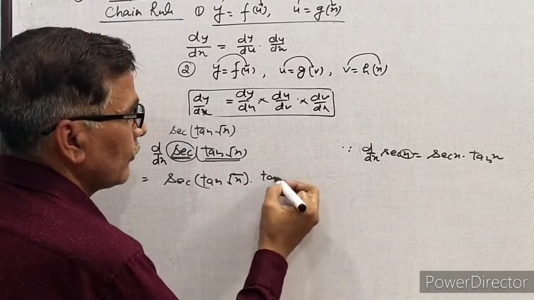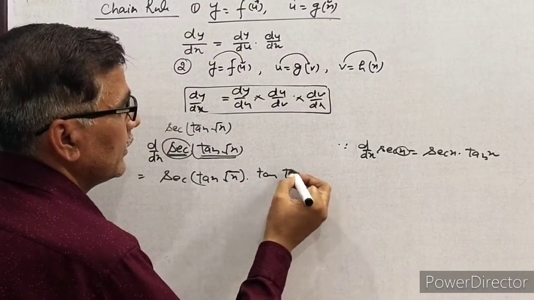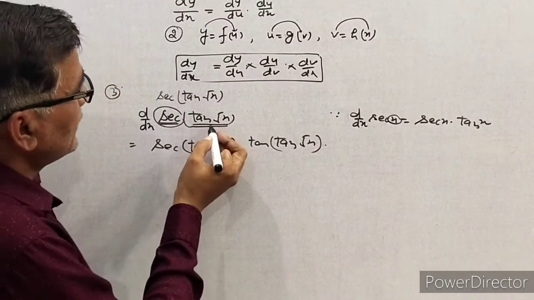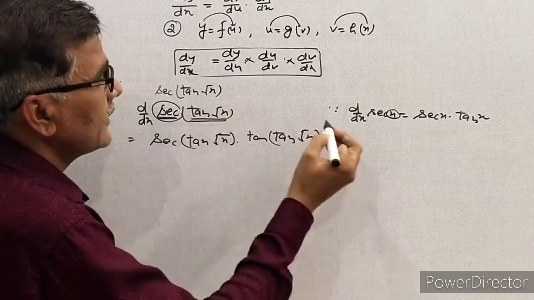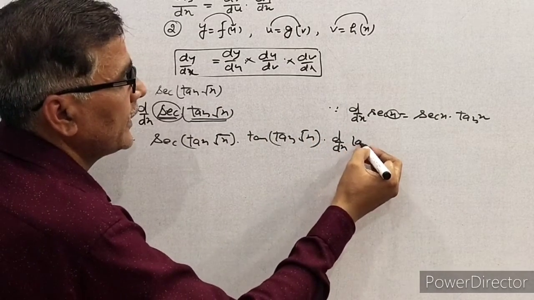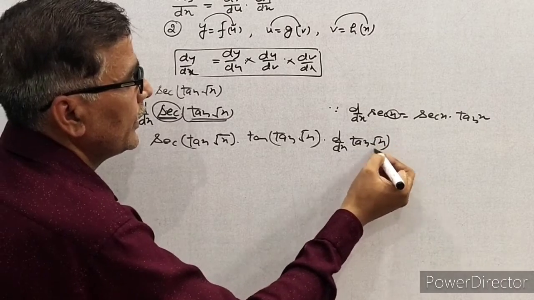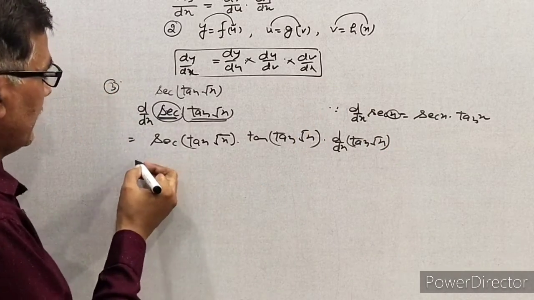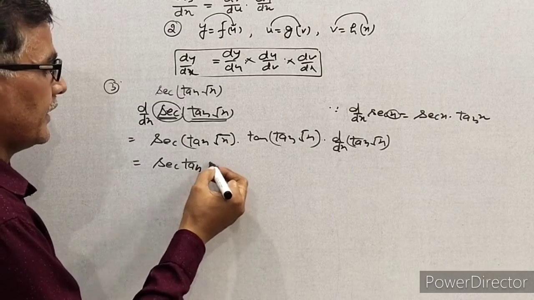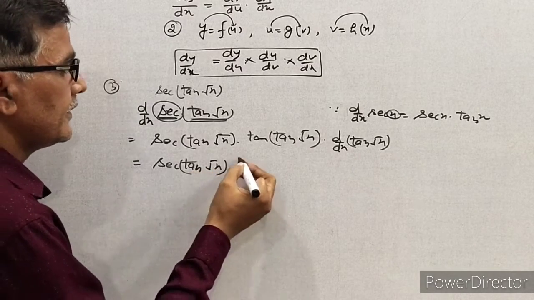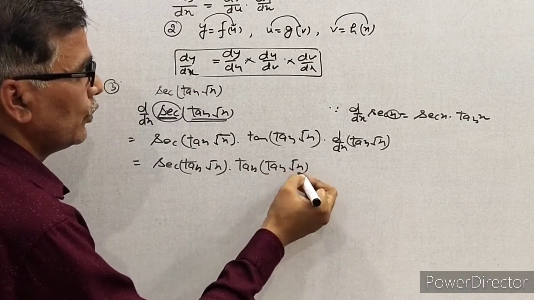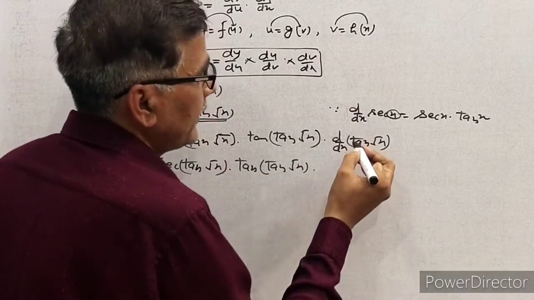Similarly here, tan root of x is in the place of x, so we have to differentiate this again. The function which is found at the place of x, we have to differentiate that one. Write this sec of tan root x as it is, tan of tan root x, and the derivative of tan